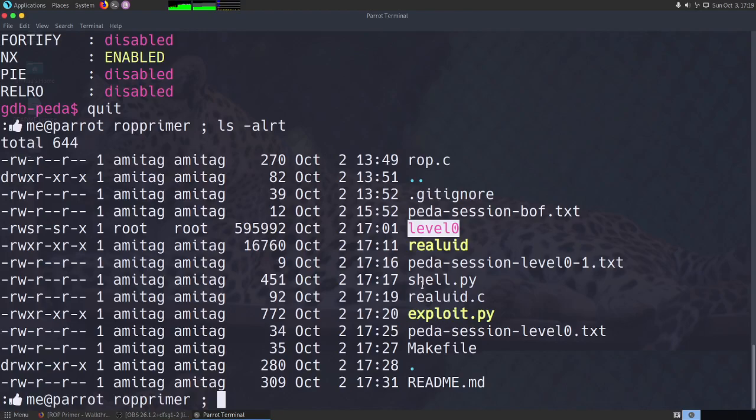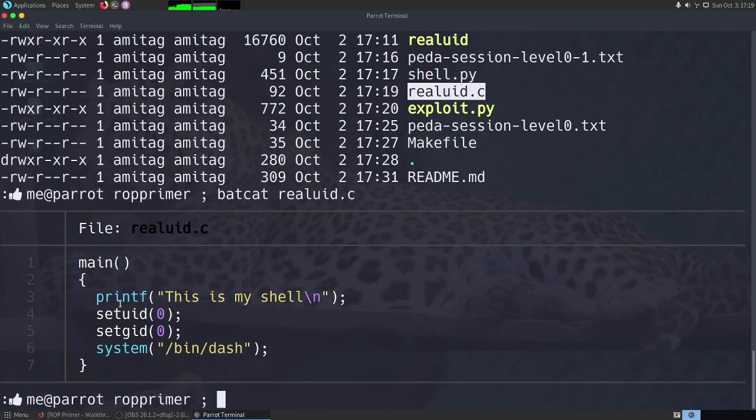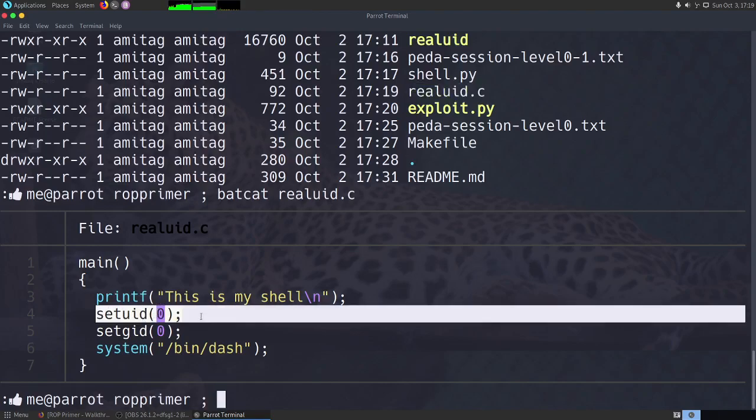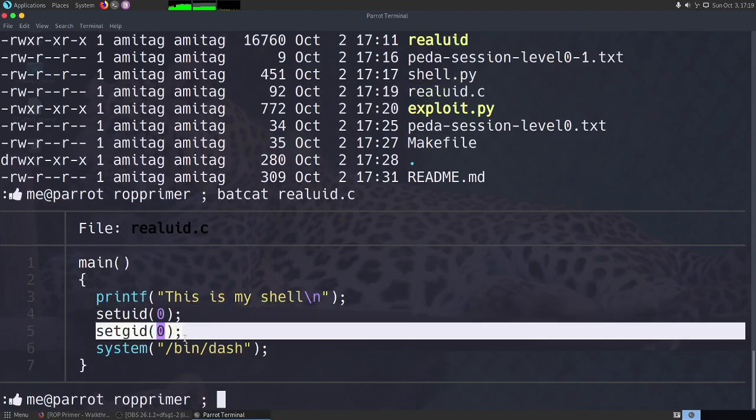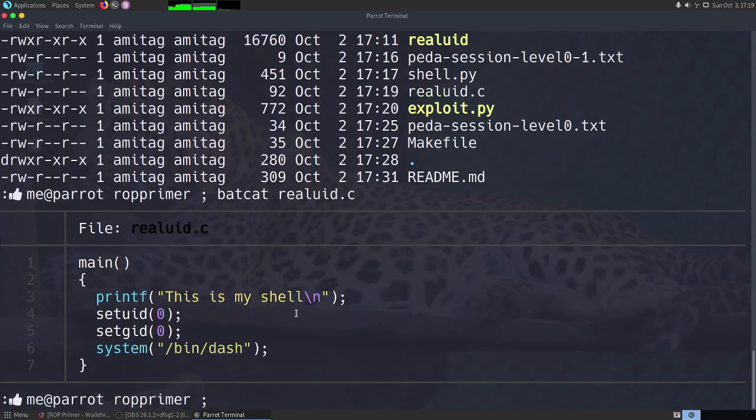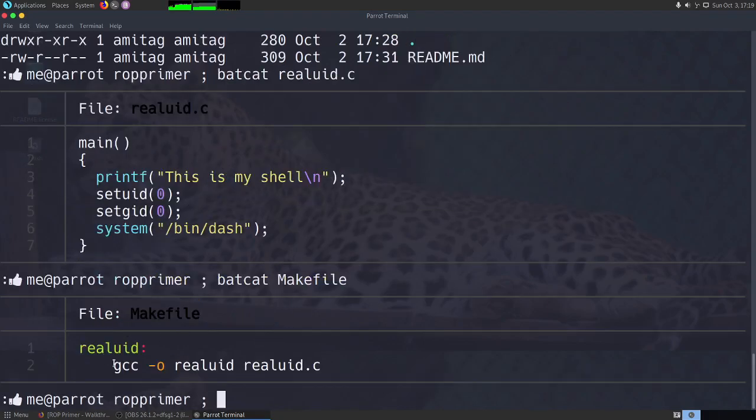Also, as I showed you last time, if you want to use the real .c program, you can always get it from this repo, or I have copied it here also. As you can see, this is a pretty straightforward C program where I am just doing setuid 0, setgid 0, and then system /bin/dash. I also have the makefile here that you can use to compile this.